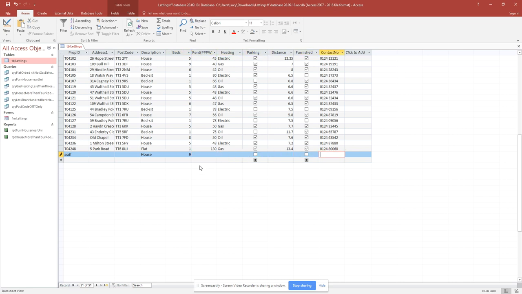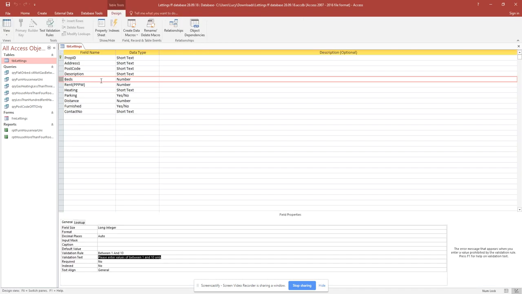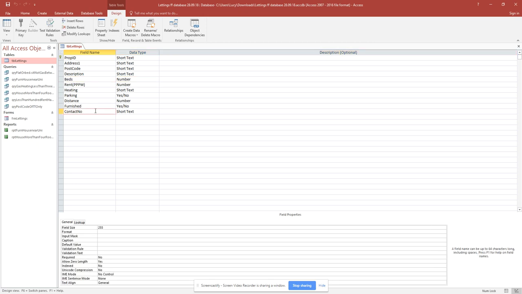So that's one. Let's have a look at another one. So for my next example, I'm going to make sure that whoever's entering the data has to include a contact telephone number. So we're going to have a little validation rule in here. I'm going to set my field size up. Now validation rule would be